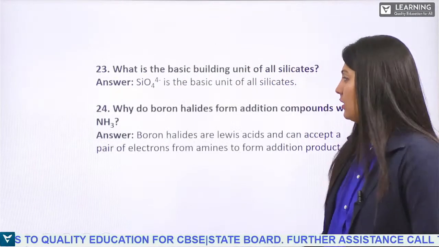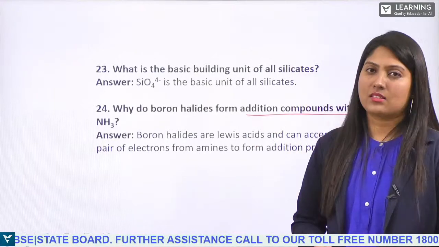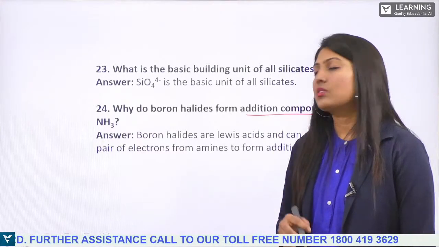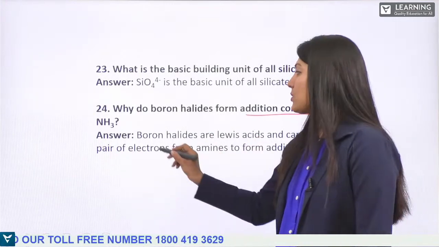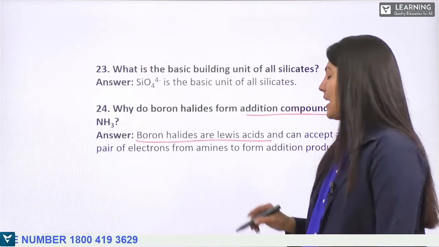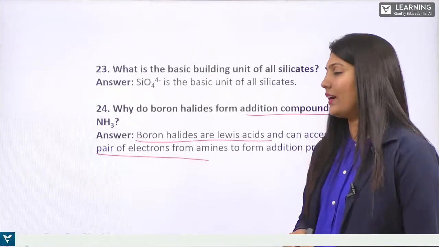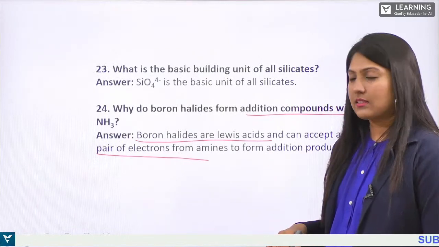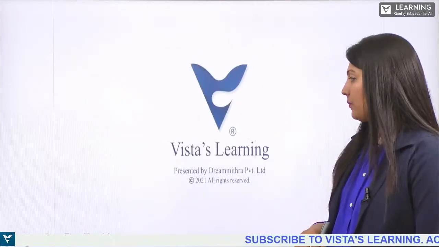Why do boron halides form addition compounds with NH3? Because it is electron deficient, they can easily accept a lone pair of electrons. So boron halides are Lewis acids and can accept lone pairs of electrons from amines to form addition products. So by this, we finish this